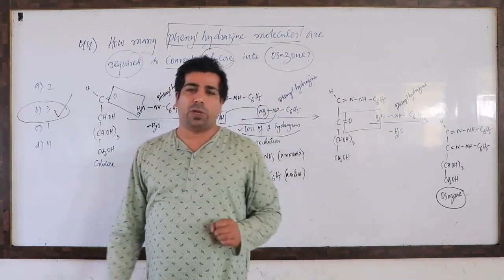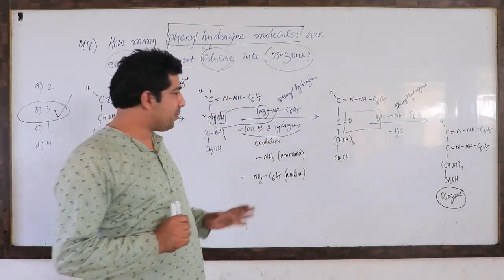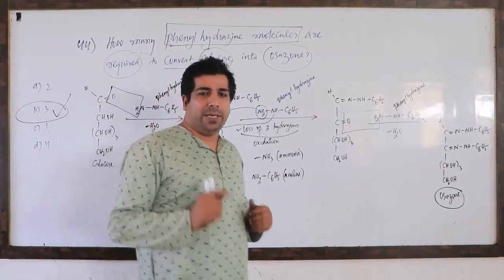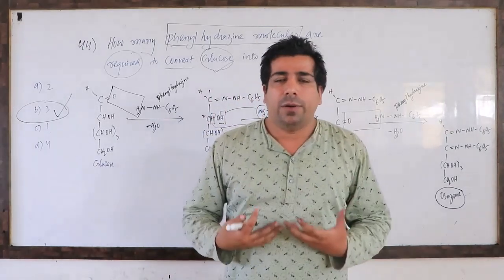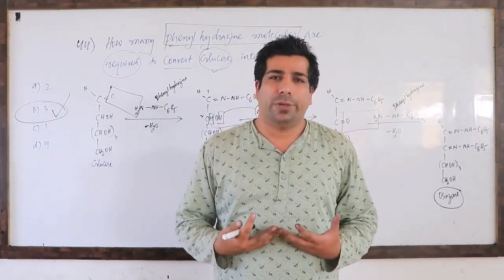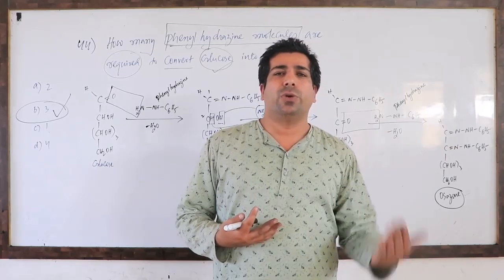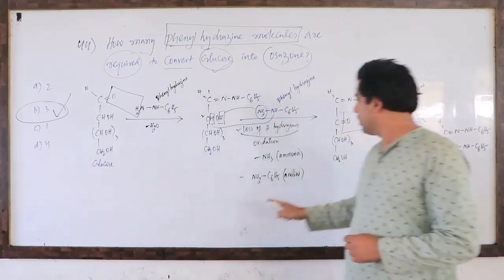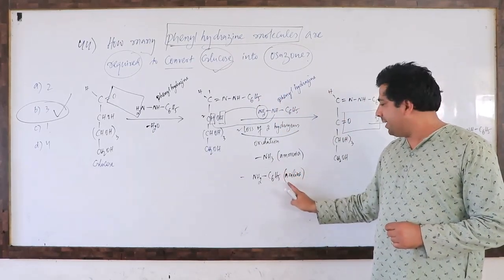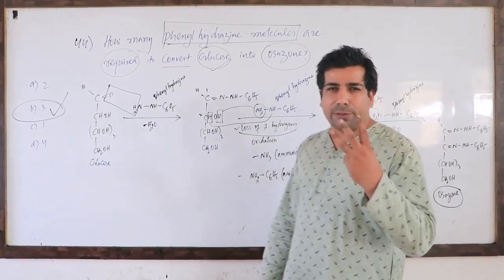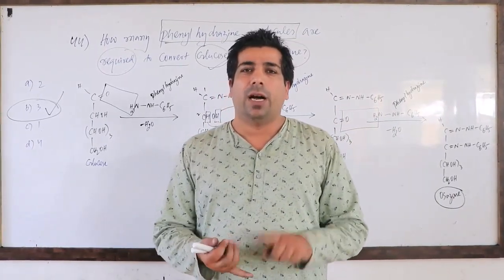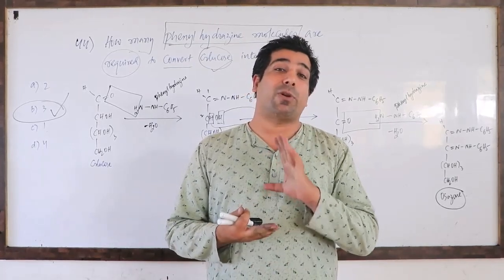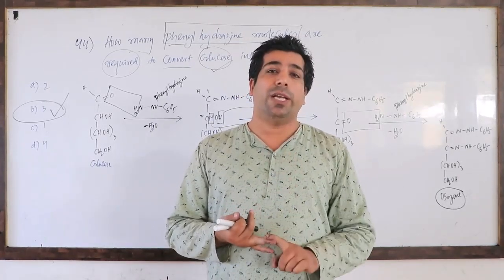And one more important point I want to tell you, that is, in this entire process, the byproducts formed are, if somebody asks what kind of byproducts are formed when glucose is converted into osazone, water is a byproduct, ammonia is a byproduct and aniline is a byproduct. So you are getting 3 types of byproducts, water, ammonia and aniline. Please remember that point also. Three byproducts we are getting, water, ammonia and aniline.